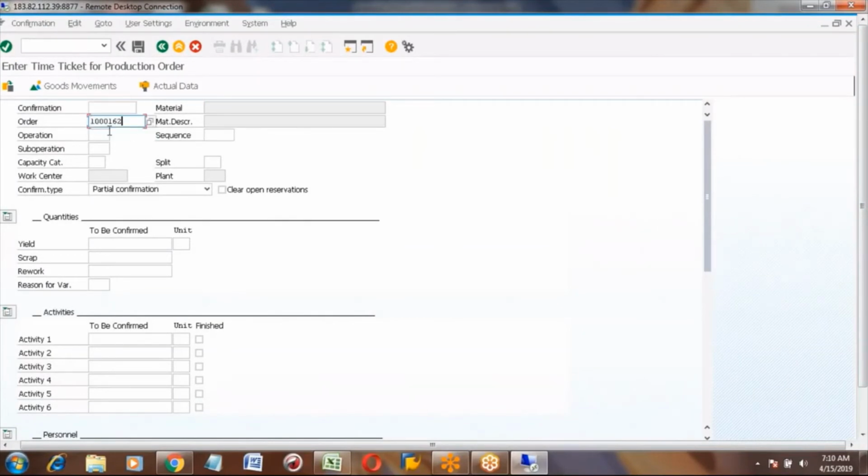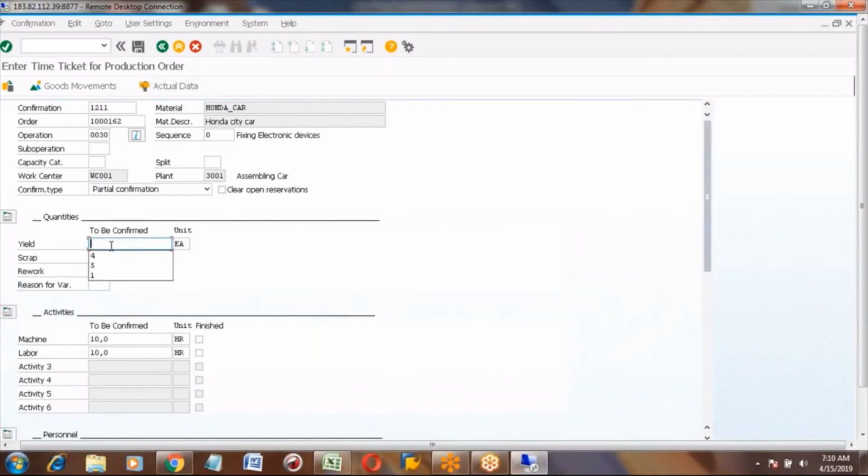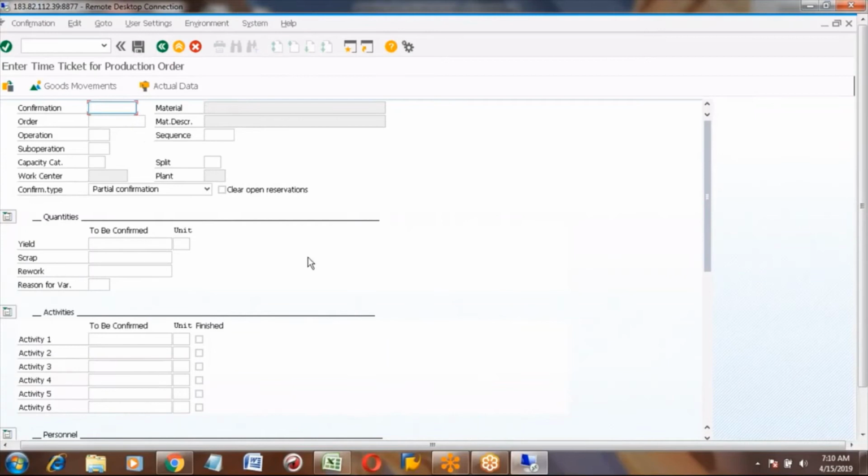Same production order, and enter operation 30. Press enter. Now you can click on actual data and enter. Replace this with 4 only because you confirmed only 4, and you can change the hours here. Maybe this is 5 hours and this is 5 hours. Click on the save button. So it is the same kind of operation details one by one.